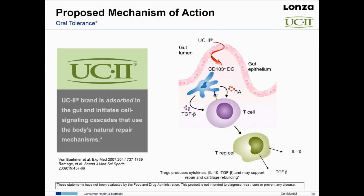So as we walk through this, UC2 is adsorbed onto a specialized kind of cell. It's not absorbed. This is not about bioavailability or UC2 getting into the blood. It's about UC2 binding to a specific kind of cell in the gut. It's called an M cell, and M stands for microfold. The function of this cell is to survey what we eat and to look for pathogens. That's its normal function. But in this case, it takes up the UC2 protein, and that's what that little squiggly red line is all about. It takes it inside into the body,